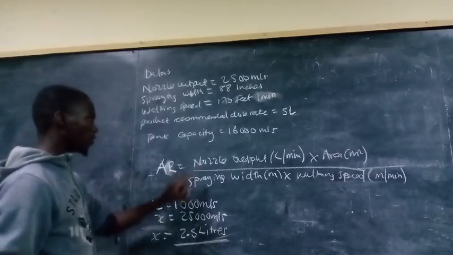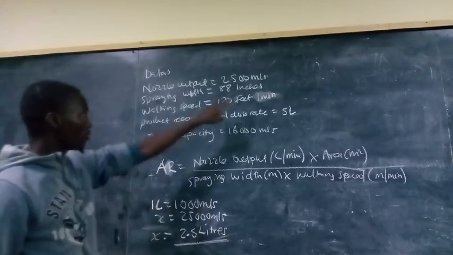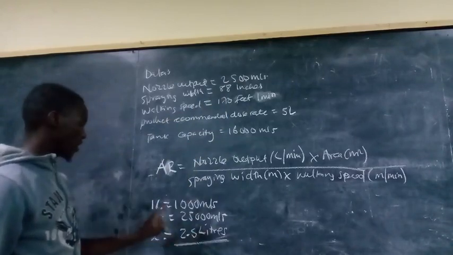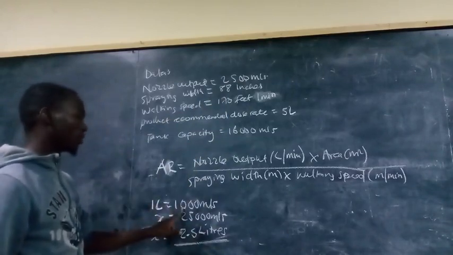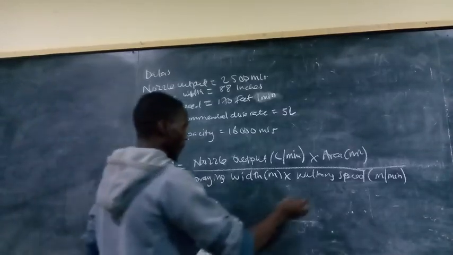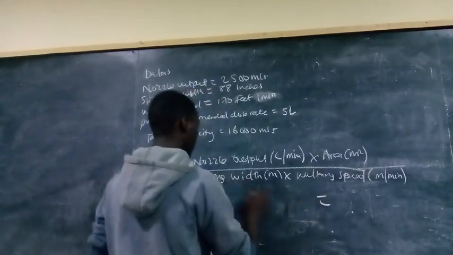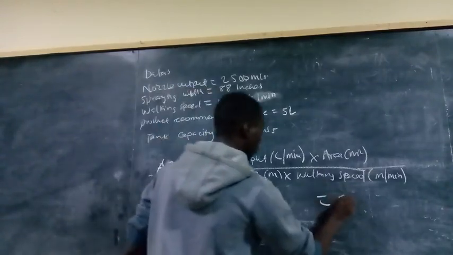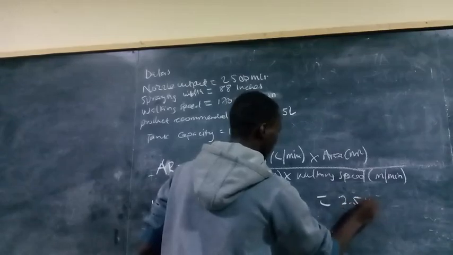So this means to say our nozzle output, we've converted it from mils to liters. 1 liter is equal to 1,000 mils. So I'll just start from here. Our nozzle output is 2.5 times